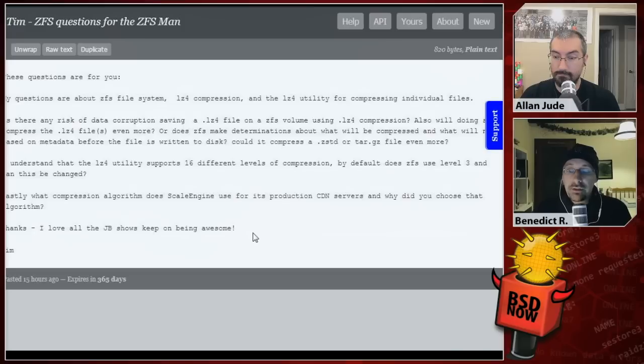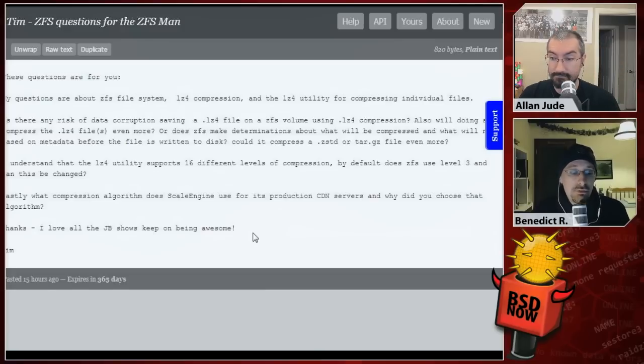Yeah, that's what he also writes. Could it compress a Zstandard or tar.gz file even more, and that he understands? Very unlikely that it's going to have any gains on an archive other than LZ4. Most archivers are already doing about as much as they're going to do. It's like, if you try to bzip a gzip, you're not going to get much. If you take the same tar and you gzip it and xzip it, there could be a big difference, but if you take the gzip version and try to xzip it, the gains are not going to be the same. Yeah, because the compression information also has to be stored somewhere to decompress it again, and that's also taking some space away.